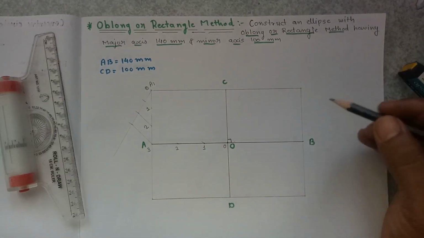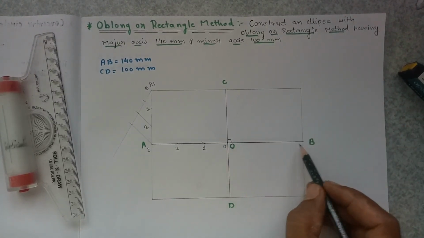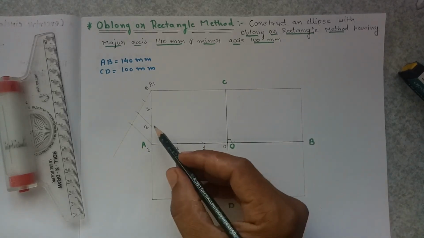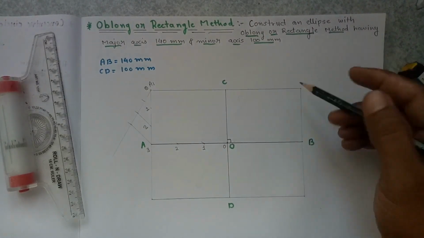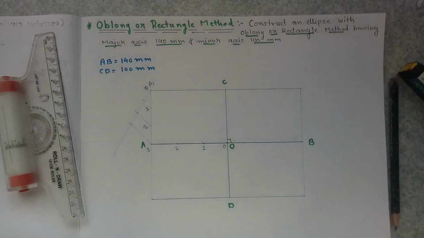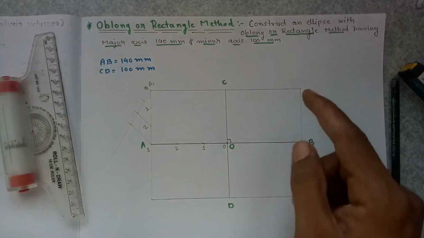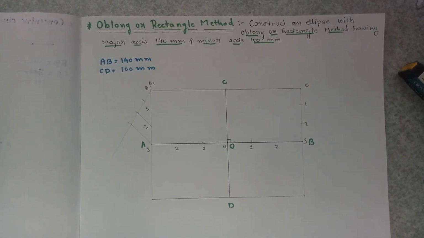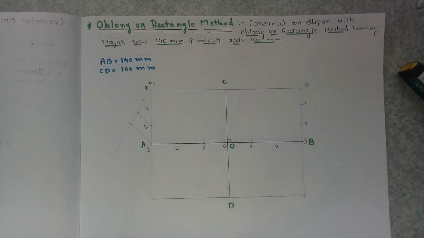Likewise, divide this line into 3 equal divisions and divide this line into equal divisions by using the same method, or you can measure a unit from here and you can give an arc over here to divide this line into 3 equal divisions. So now divide this line and this line into equal divisions. You can use the same method. So after dividing this line and this line into 3 equal divisions,